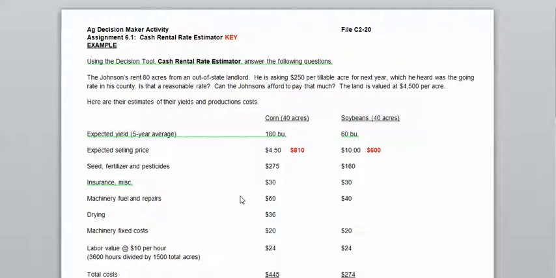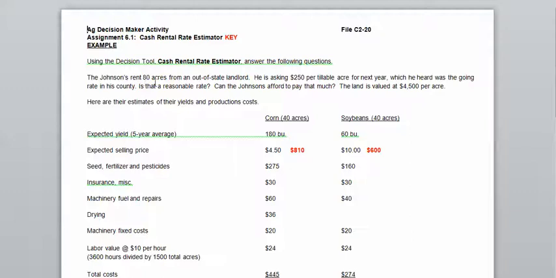Hello. Today we're going to cover example assignment 6.1, cash rental rate estimator. Hopefully you have this assignment or blank worksheet in your file and you can go ahead and take it out and work along as I go through the material here. And what we're going to do is in this example,